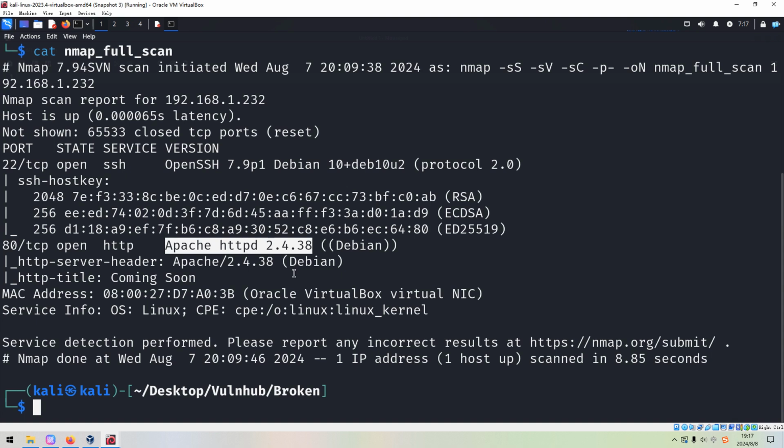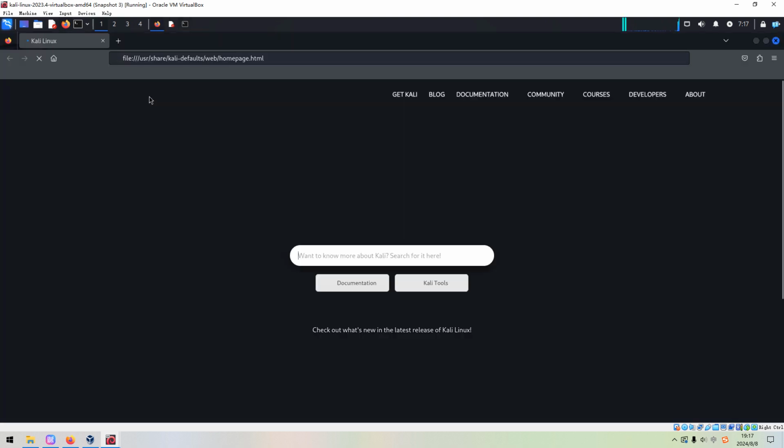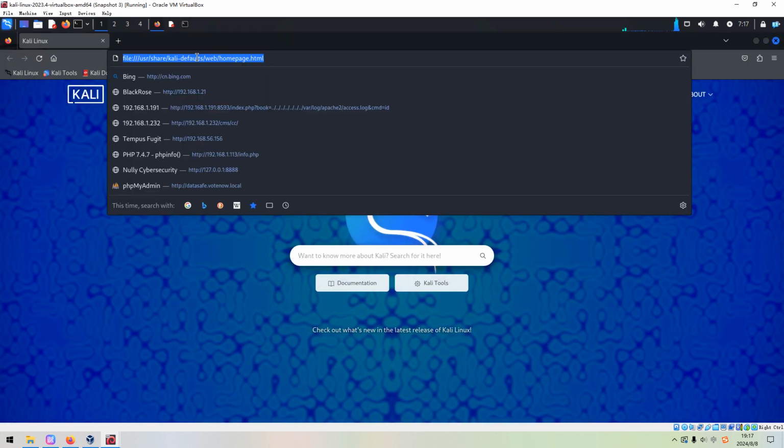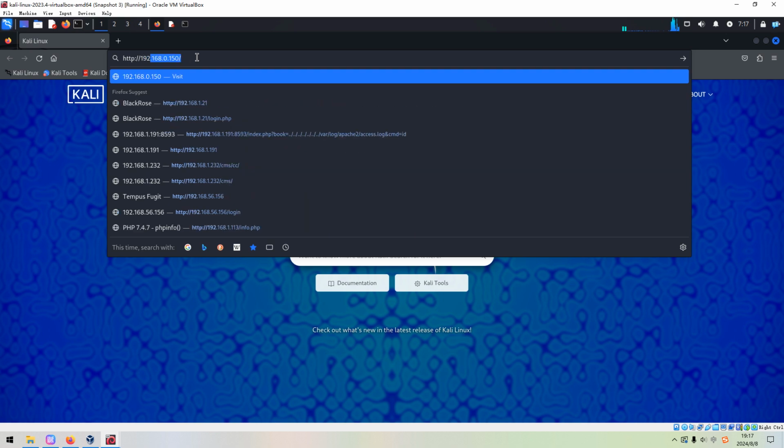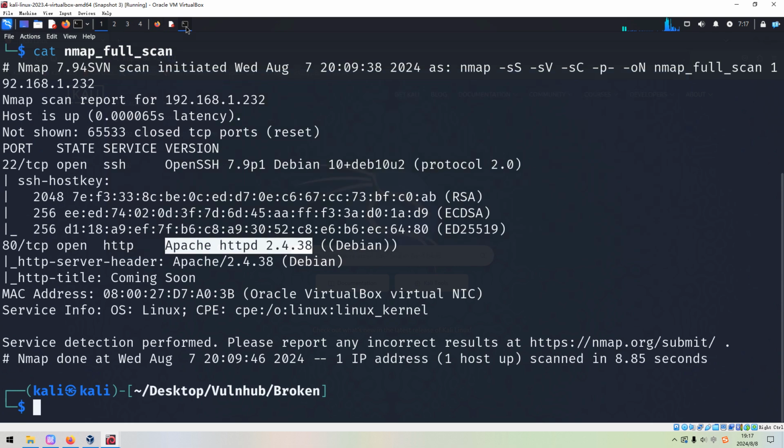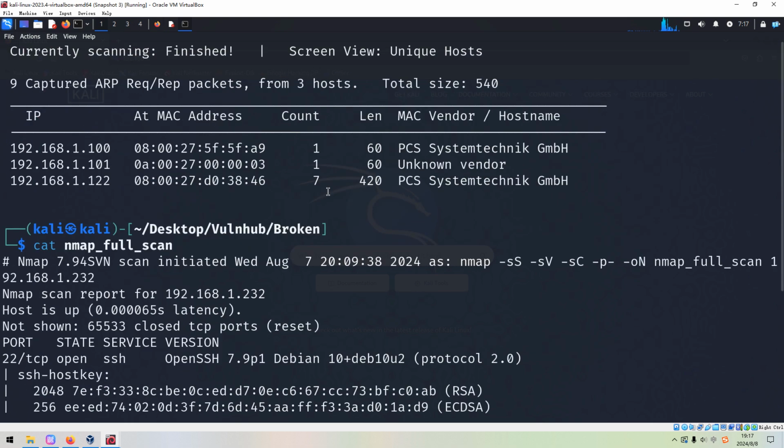We need to do the enumeration with this HTTP service or this web application, both manually and automatically. Let's fire up our browser of Firefox to do the manual enumeration first. And we can put the IP address of the target.